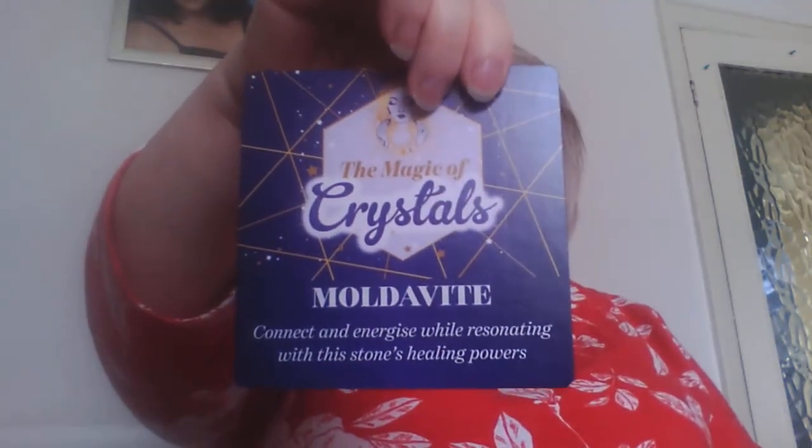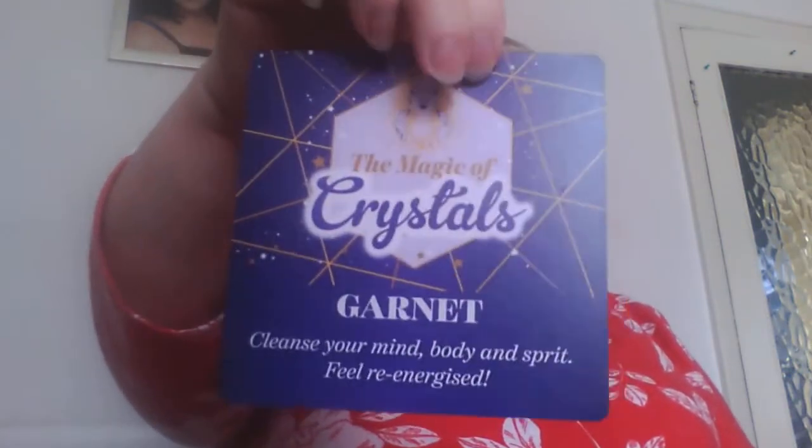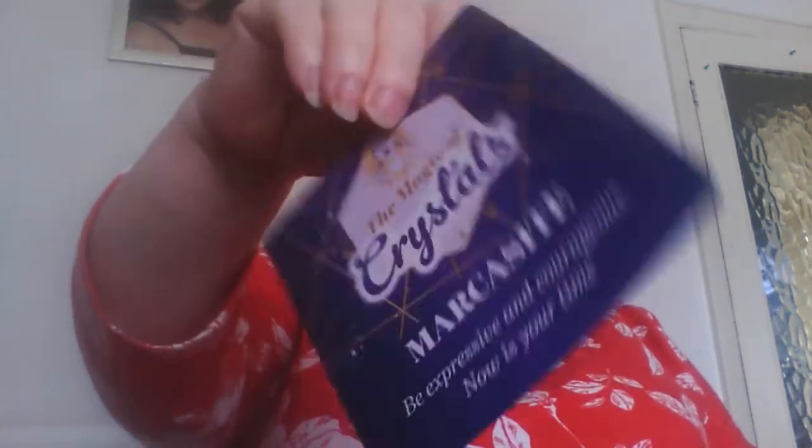So let me just show you some of the cards. Now you've got Moldavite, that one is Carnelian, then you've got Garnet. That does seem to be a bit light for Garnet. I always see Garnet as being quite dark. And you've got Marcasite, Diamond,